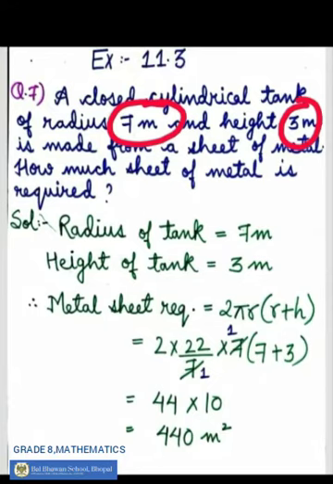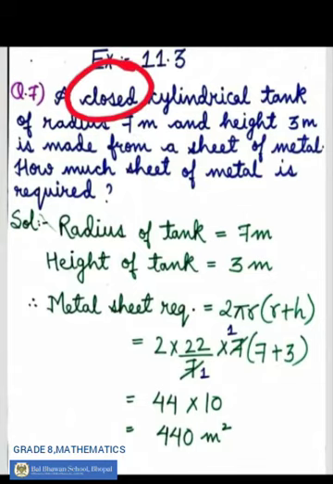Now the question arises, why total surface area only? Why not lateral or curved surface area? Because if we read and look at the question carefully, we will find that the word closed is used over here. What is the word that is written over here? Closed. It means that the tank over here is a closed one. It has its cap. It has its lid. Okay. So it is closed.